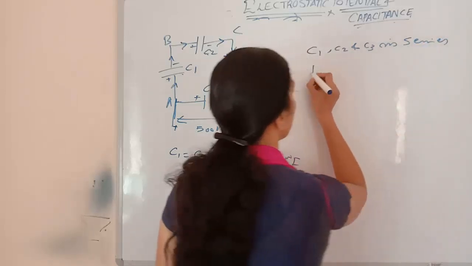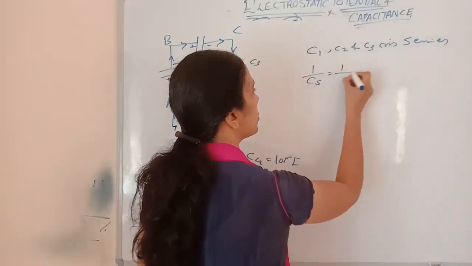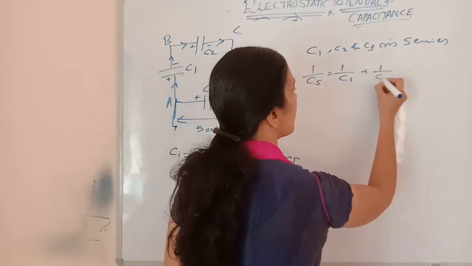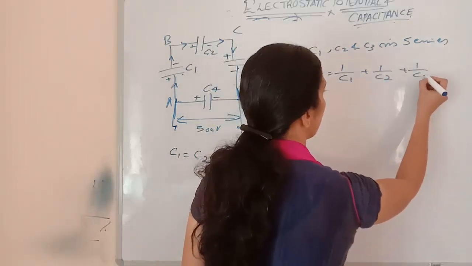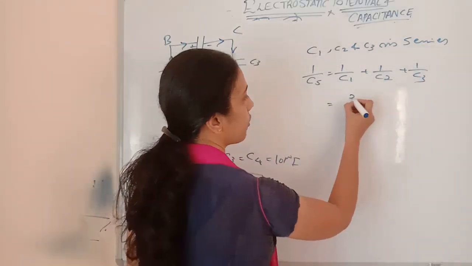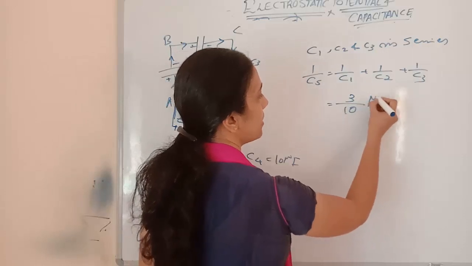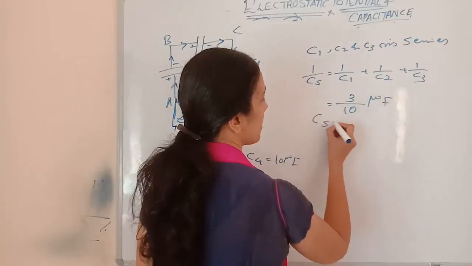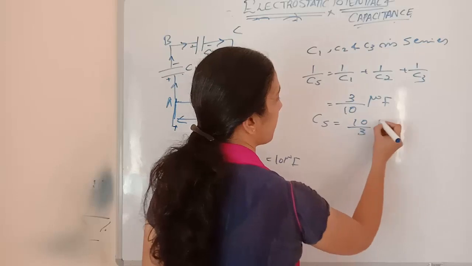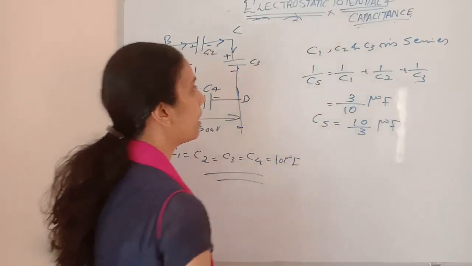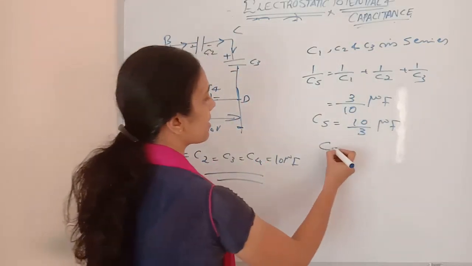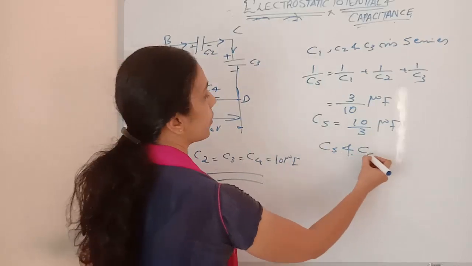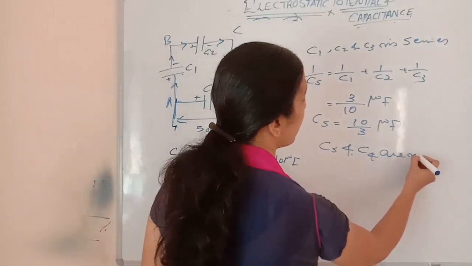So how can we find out? 1 by Cs is equal to 1 by C1 plus 1 by C2 plus 1 by C3. Everything is 10 microfarad, so we get 3 by 10 microfarad. Cs is equal to 10 by 3 microfarad. Okay. Then this Cs and C4 are in